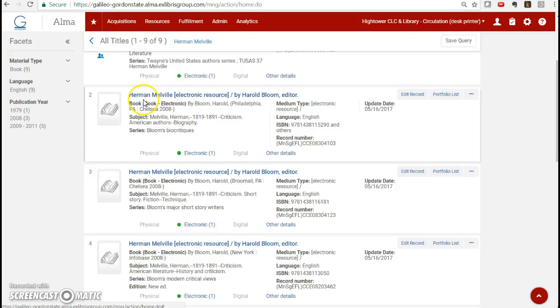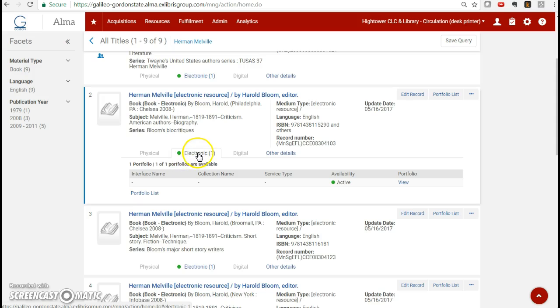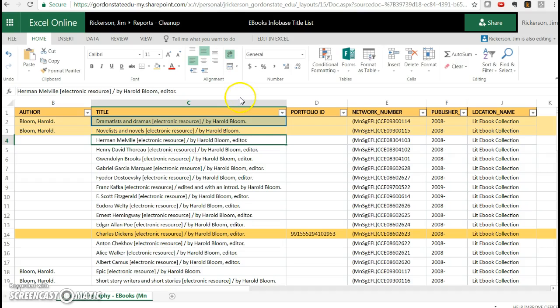Alright, you'll notice that for the InfoBase collection, when you click on the tab that says electronic, there is no collection name listed here. And I have a